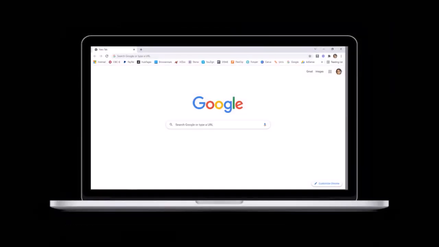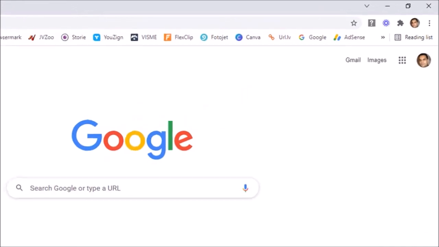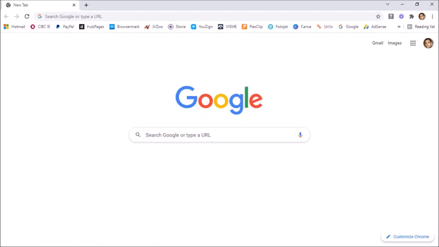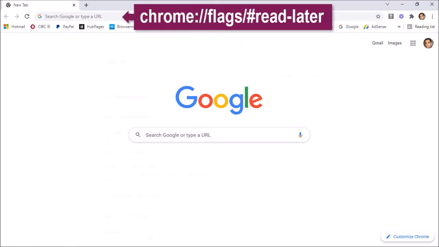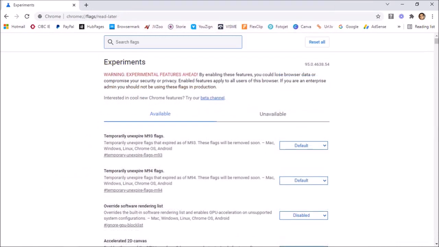If you've updated to the latest Google Chrome version 95, you'll notice that the reading list button is back. In a previous tutorial, I had provided a solution to disable the reading list button by using this Chrome flag. However, it looks like they have removed this reading list flag option in the latest version, as you can see